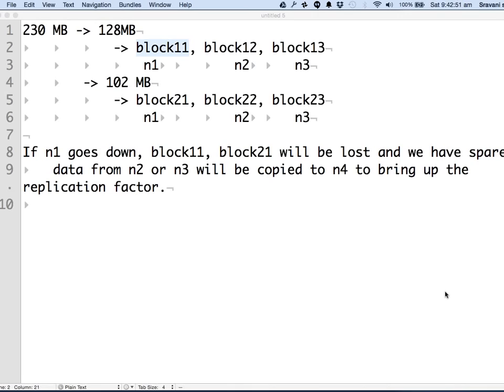So Gunjan's question is, can we replicate more than 3 times if required? Yes. You can tell Hadoop that, hey, this file is important, can you set its replication factor to 10? So you will have 10 copies of each block of the data.